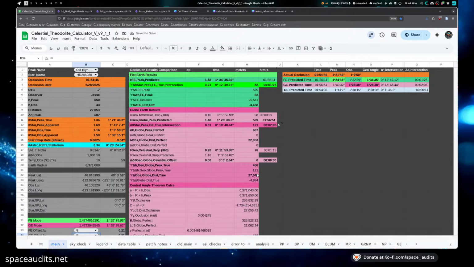So in regards to this intersection difference, this is the difference between our two models, and the globe always shares more of the air. Their exact intersection difference is how much they're off on their peak elevation. And in this case, it came out to be almost 4 times the amount of Earth curvature.